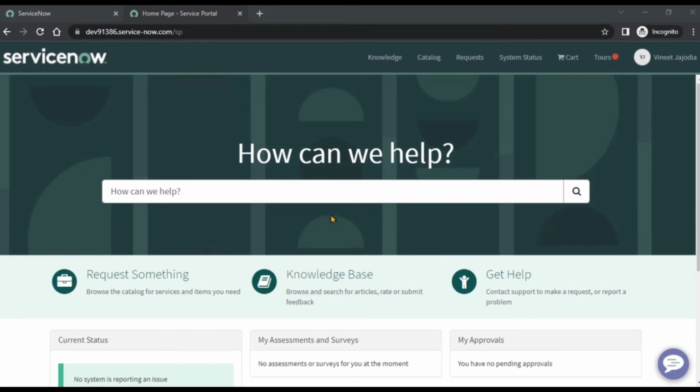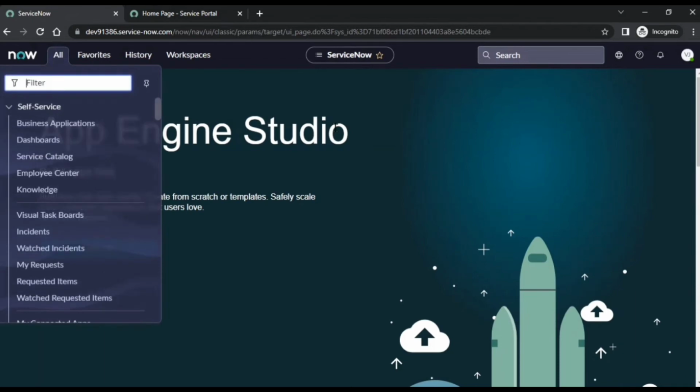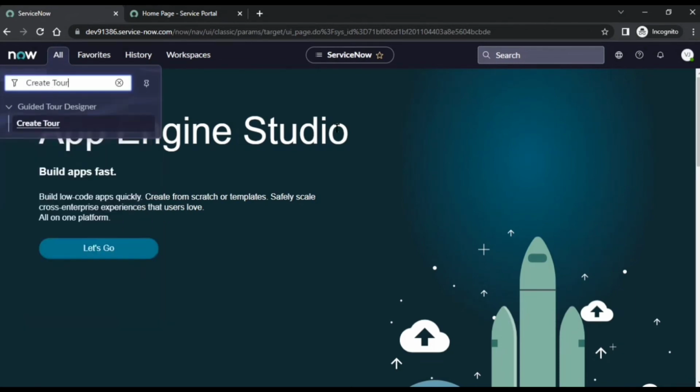For the demo purpose, we are going to assume that the knowledge base is the new feature that has been added to our service portal. And with the help of guided tour, we are going to guide the users how they can use the knowledge base feature. So let's start creating the guided tour for knowledge base feature. We are going to go back to ServiceNow page, click on all navigation menu. In the filter navigator, write create tour, click on create tour module,